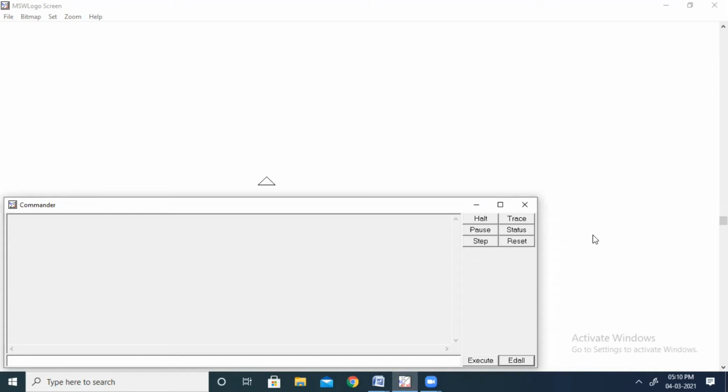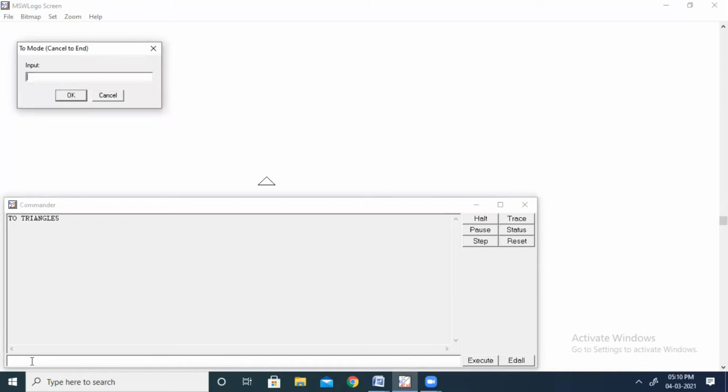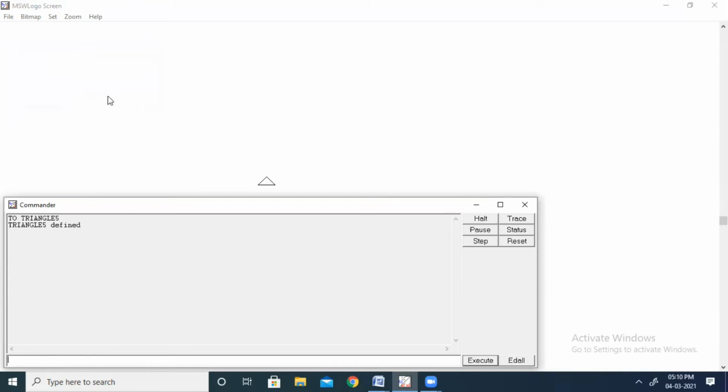Now let me show you how to define a procedure. For that, we use a keyword called TO. Here, all of you observe my command input box. TO, now I am going to create a procedure called triangle, say triangle5. Enter. Now you will see an input box on my screen. I don't want to enter any input now, so I am going to close it. You can see here that triangle5 is defined. It means I have created a procedure called triangle5. After that, I want to create a triangle here on the main screen. For that, I have to write a set of commands. So let me write the commands here.